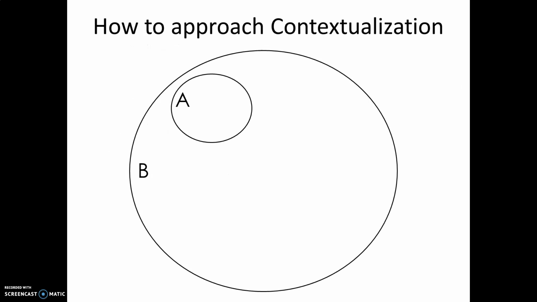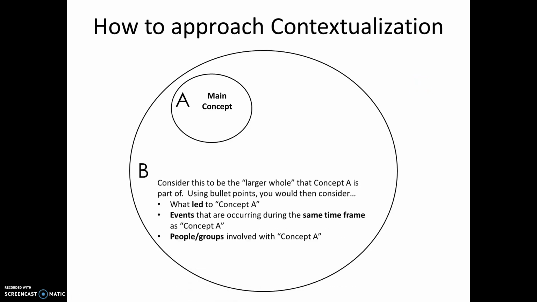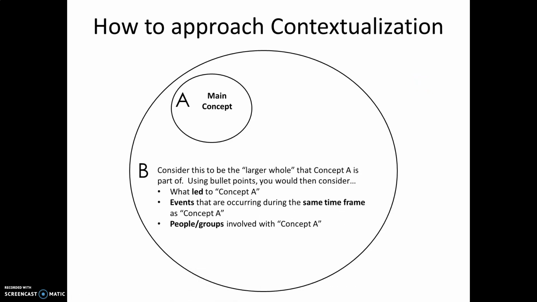Now, to visualize how to approach contextualization, think of it like this. Smaller circle, Circle A, you have a main idea or a main concept. Within circle B, this is the big picture. If circle A is a smaller piece of it, B is the whole shebang. It's the whole pie. To figure out how to contextualize, you would consider what led to this idea, what are events that are within the same time frame, or maybe the people and groups that are involved with this smaller